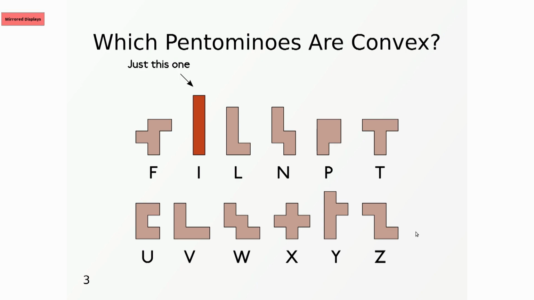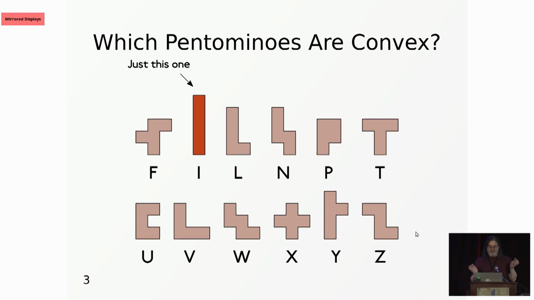So a reminder of what it means for something to be convex is if you take any 2 points in it and make a line from one point to the other, all the points in that line segment will be inside that shape. So even though that starts out looking like a bit of a dud,